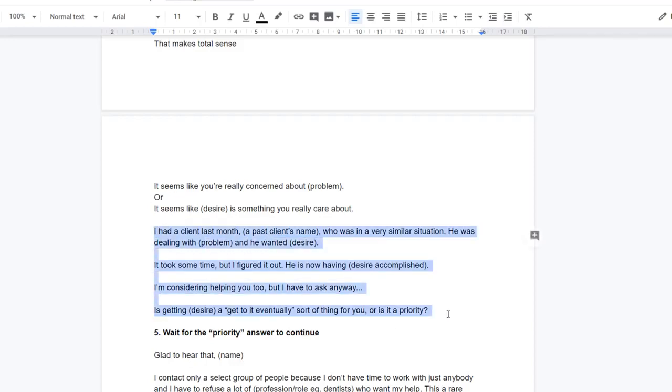What we are doing here is showing them we are like a professional coach. We have clients like them. We're not doing this for free, because some people will think you are doing this for free. We have to show them what our motivation is, and our motivation is to help them, but we are an expert, a professional that charges money for this. We're not in this conversation just to have some fun or for free time or free stuff. We're showing them that we are doing this on a daily basis and we are an expert in this area.